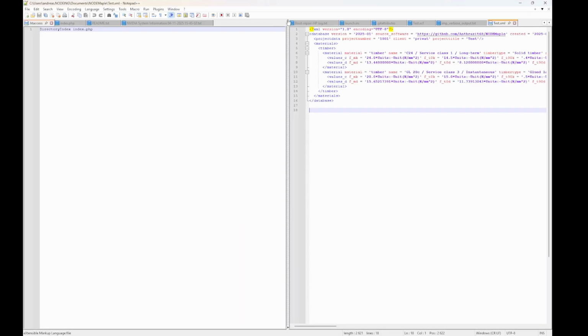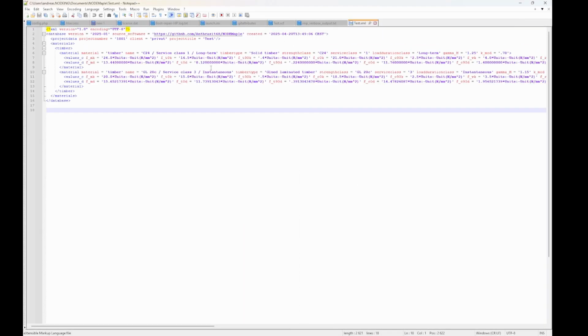You'll see that here are the input values. The calculated values are also included in that XML file. You might use them afterwards in a different project or even a different program, but the key input data is more or less here: material timber and a name, which also defines a timber type and a service class and